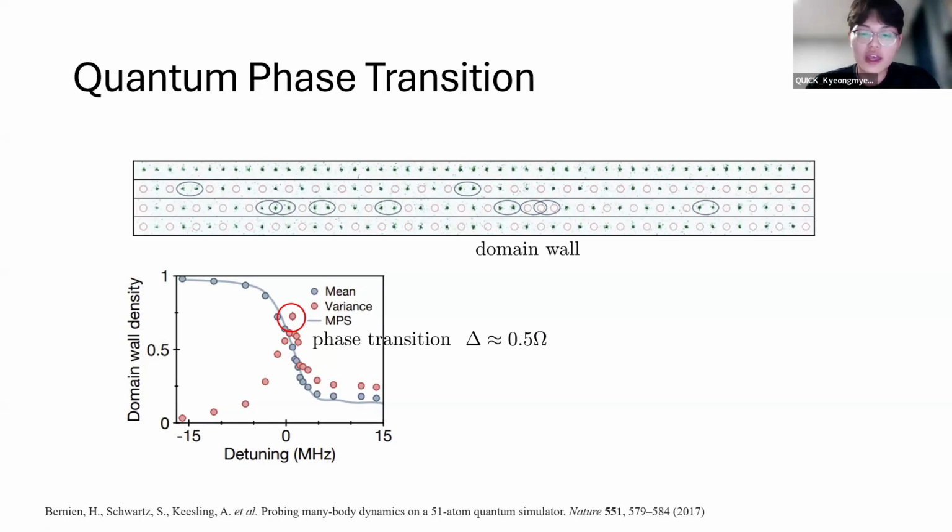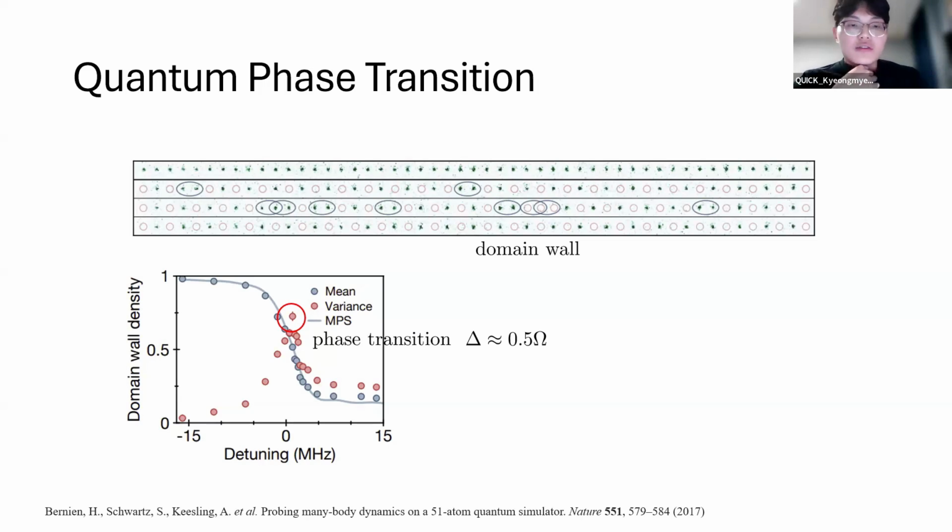So what we have here is a finite size system, and the energy gap between the ground state and the first excited state closes at a slightly larger value of detuning compared to an infinite system. This is because the correlation length is finite. In an infinite system, so in an ideal system, the correlation length diverges at the critical point where the phase transition occurs, resulting in a complete closing of the energy gap at some critical value of detuning.